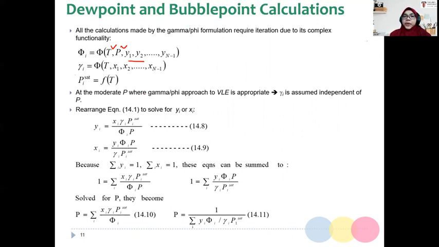At moderate pressure, the gamma-phi approach to VLE is approached with the activity coefficient assumed independent of the pressure. Okay, by rearranging